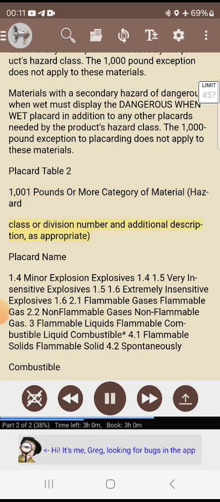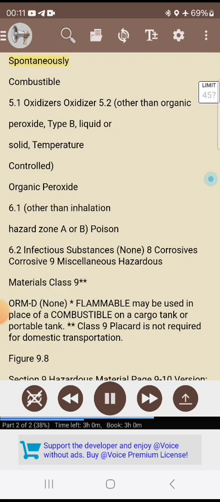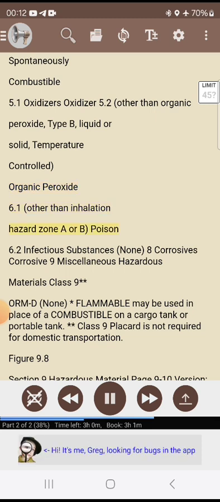Category of material hazard. Class or division number and additional description, as appropriate. Placard name. 1.4 Minor explosion explosives 1.4; 1.5 Very insensitive explosives 1.5; 1.6 Extremely insensitive explosives 1.6; 2.1 Flammable gases, flammable gas; 2.2 Non-flammable gases, non-flammable gas; 3 Flammable liquids, flammable; combustible liquid, combustible*; 4.1 Flammable solids, flammable solid; 4.2 Spontaneously combustible, spontaneously combustible; 5.1 Oxidizers, oxidizer; 5.2 Other than organic peroxide type B liquid or solid temperature controlled, organic peroxide; 6.1 Other than inhalation hazard zone A or B, poison; 6.2 Infectious substances, none; 8 Corrosives, corrosive; 9